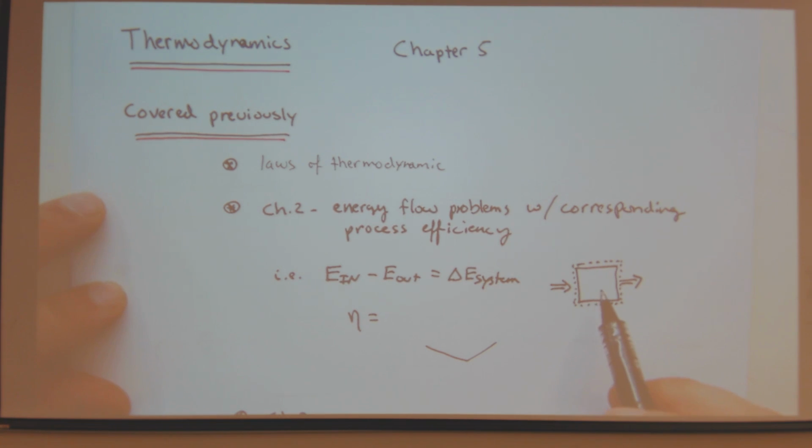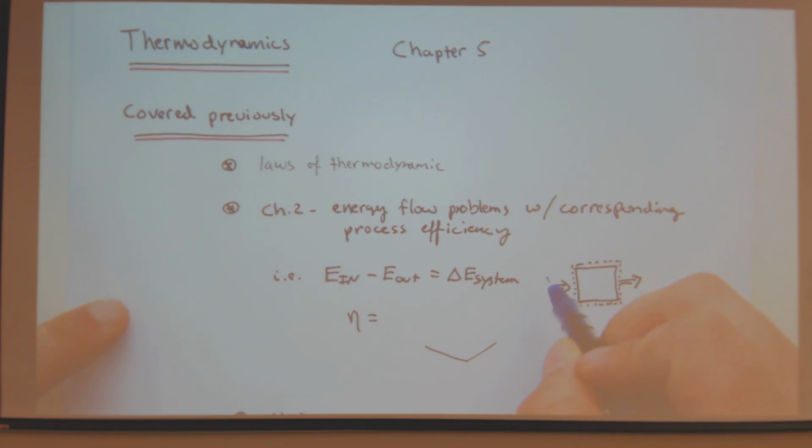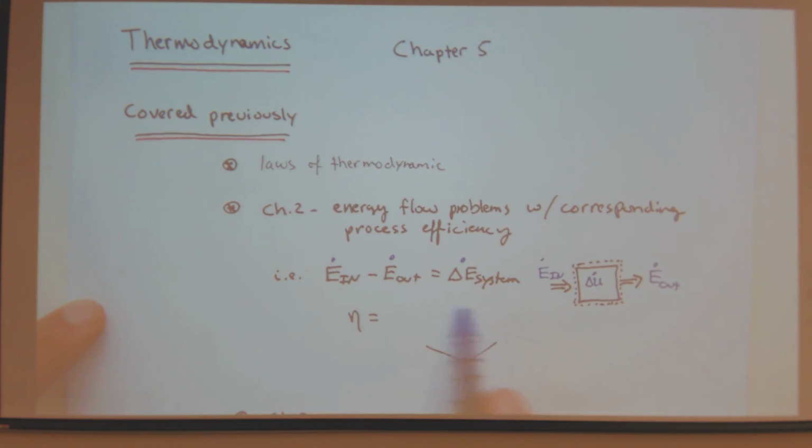And we can go from a block diagram way of looking at it, and I can put it in rate form, energy in dot, or I could do it in non-rate form, but let's do it in rate form, so I'll put a dot above these, and energy out in rate form, and inside I got a delta U dot. And of course, I could get rid of the dots. The dots represent the time derivative. But energy balance rate form,